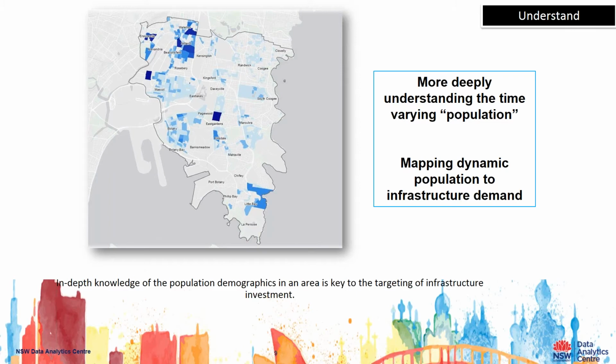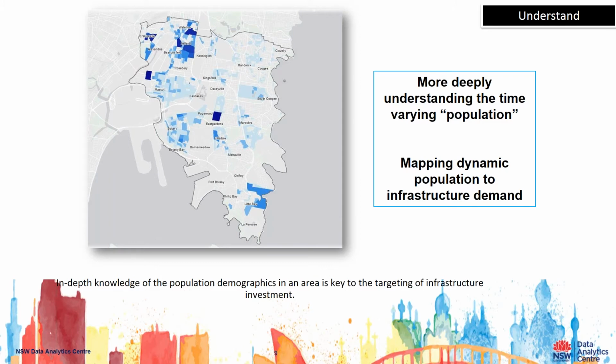So we looked at telco data, so mobile phone data, and built a 15-minute by 15-minute model of the population at what we call SA1 level to understand who's not only living there, but who travels in, who travels out, who travels around. So of the tens of data sets that we used and we calibrated against census, we got a much more fine-grained spatial and temporal understanding of the population, which greatly enhances what the demographers can do.